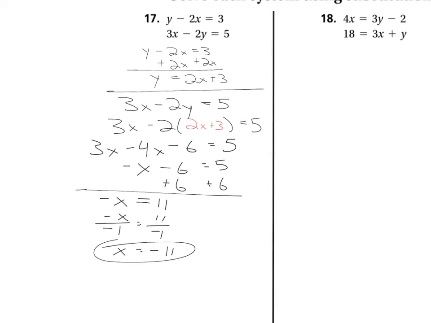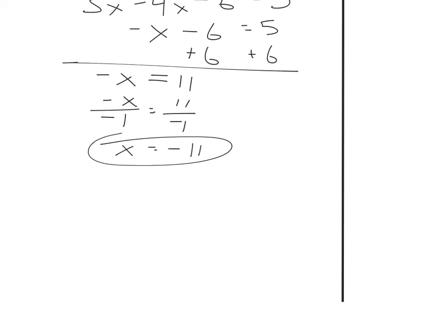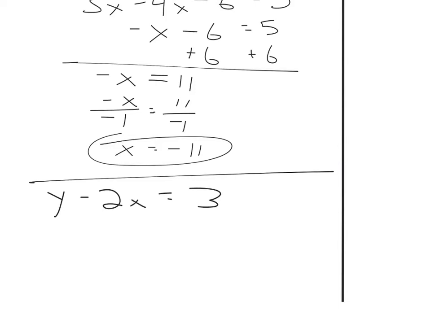So that's what we've done so far, and now we need to substitute that x equals negative 11 into the other equation, and we're going to use y minus 2x equals 3. So if y minus 2x equals 3 and x is negative 11, then